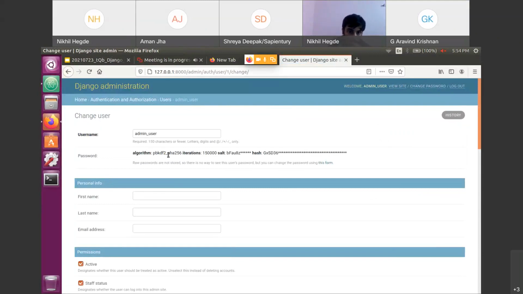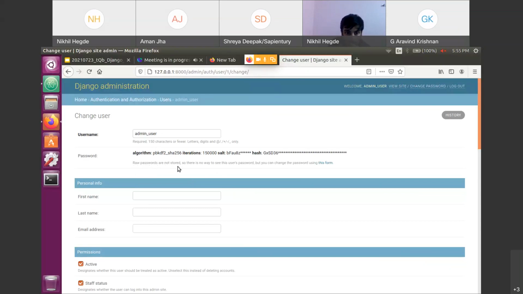Also, one more thing I had mentioned, the password will not be stored as plain text inside the database. For the admin user, I know that I have given the password test12345, but you cannot view the same password here inside the admin view because it's a security feature by Django. You can read it here.